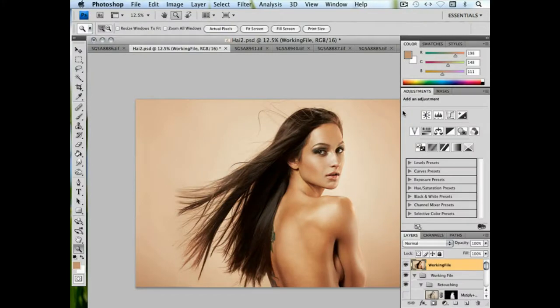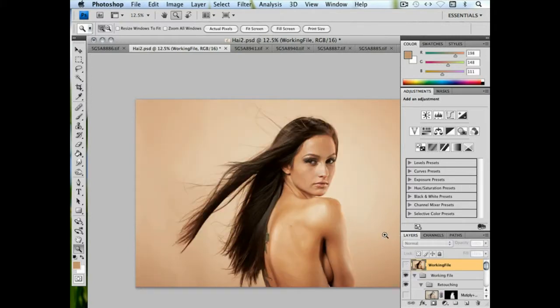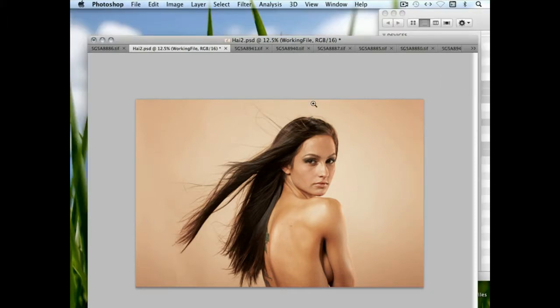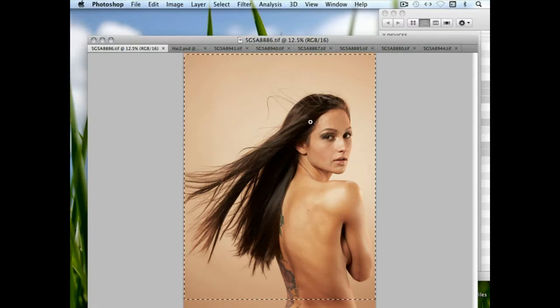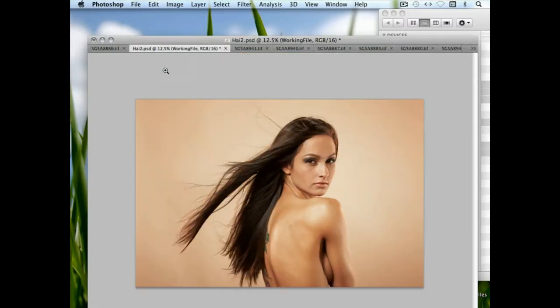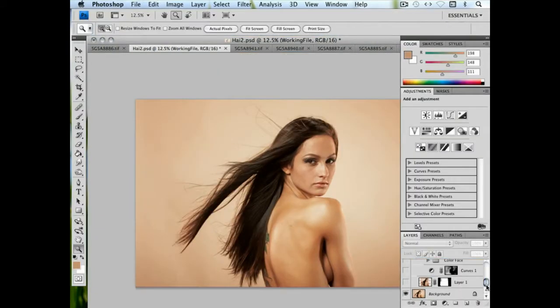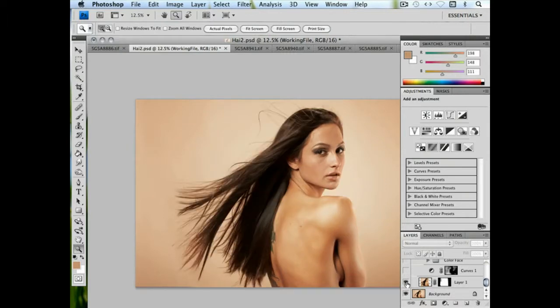Hello, one more time. For this second hair image, the blowing hair image, I'm gonna start with an already retouched skin. In fact, this is the original layer. I chose it because of the crop. I really like the crop, but for the main image, I like this pose and this face and this hair. So what I did was I just pasted it on top and masked it,